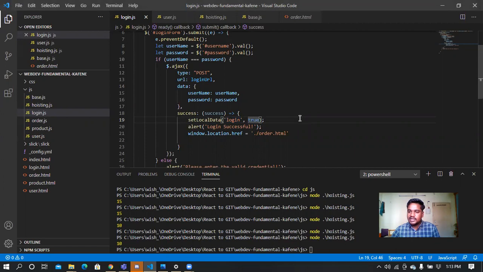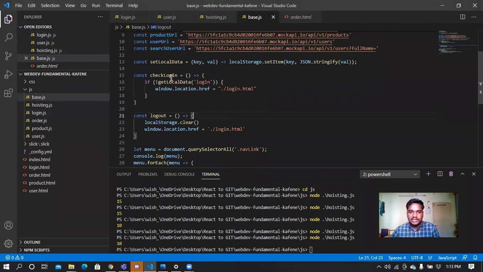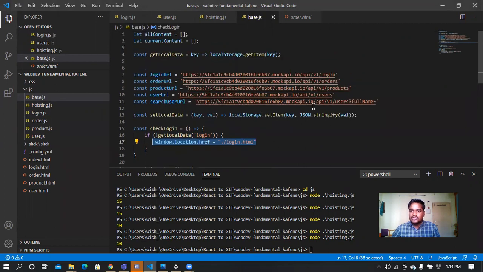If the key we get is login, as you can see in base.js, then only will we be able to proceed with the other pages. If we don't get the local data as login, then whatever page we traverse, we will first land on the login.html page. So this is the first functionality implemented for the login page.